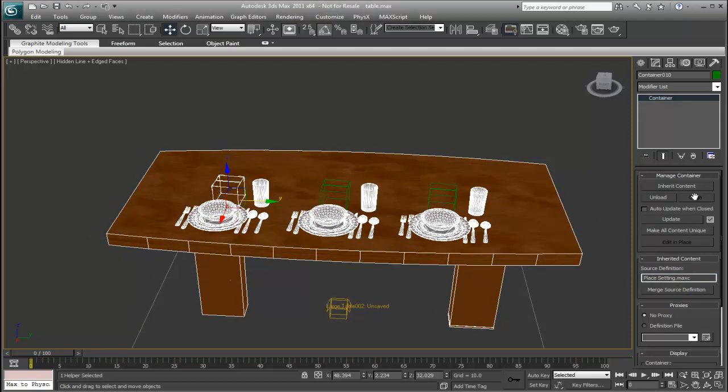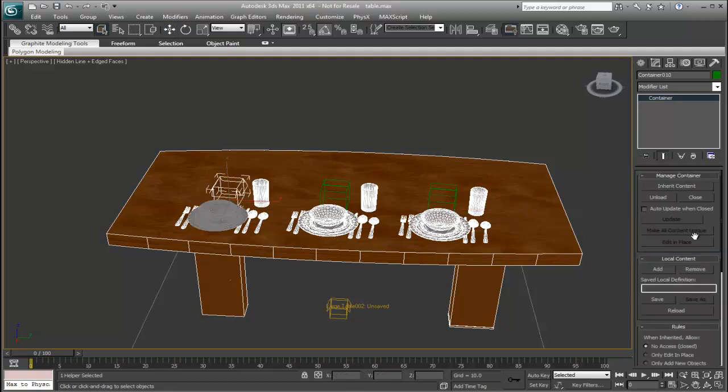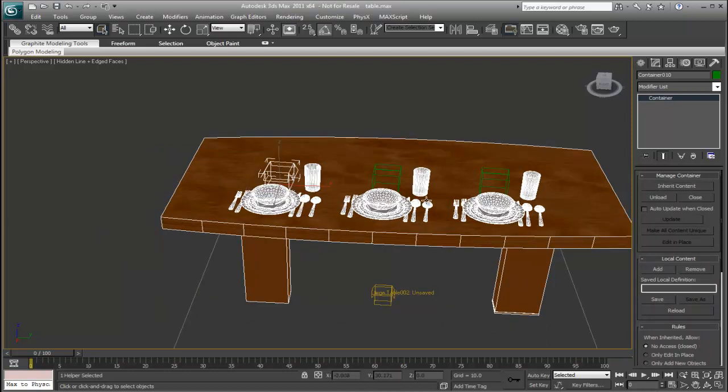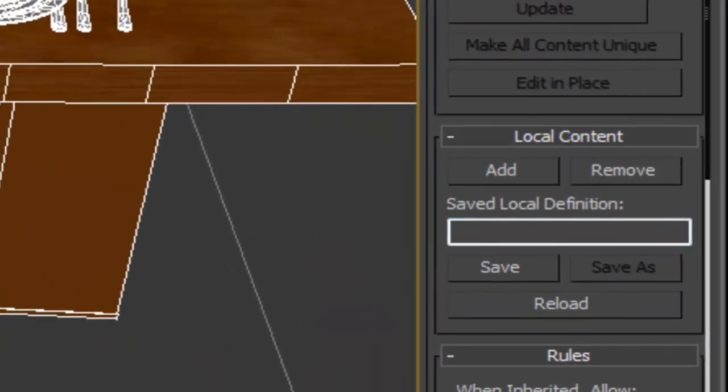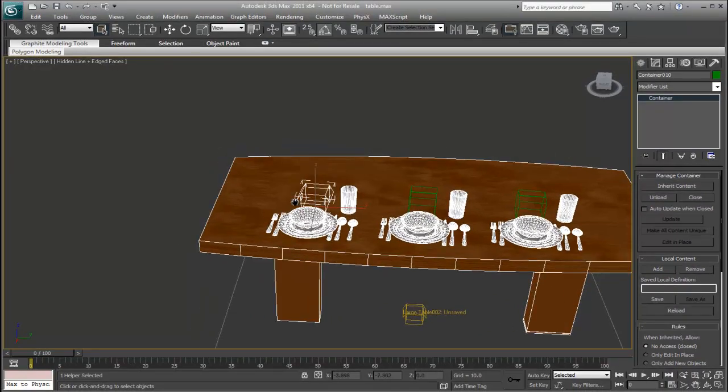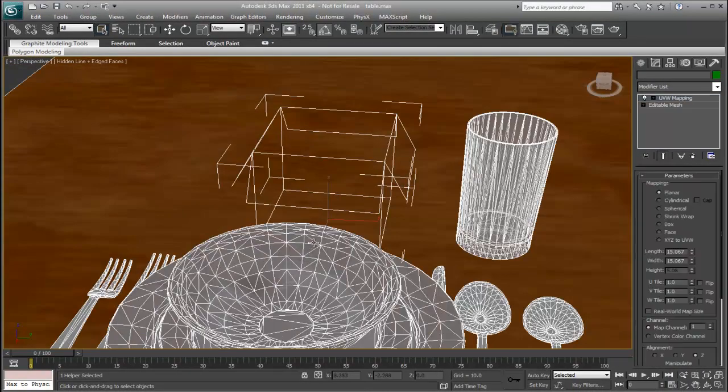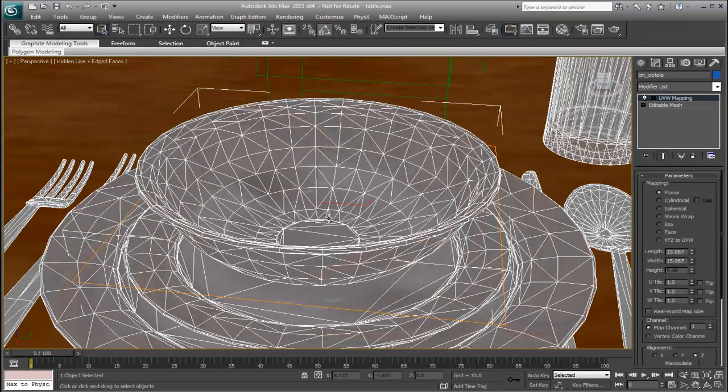Now remember, since I can't open the container, I can't actually edit the information that's in the container. So before we do this though, let's go ahead and turn on auto update so that we can see our changes propagate through the scene. Over here on the first container, we are going to choose make all content unique. Now as soon as we do that, you'll notice that the source definition window is gone, and this has been changed over to local content,